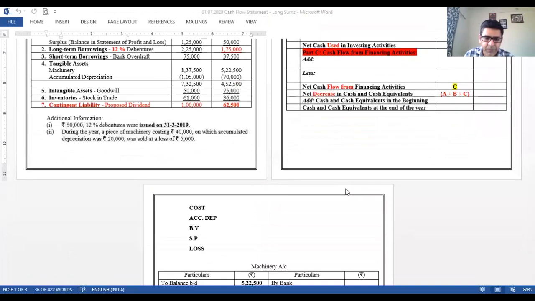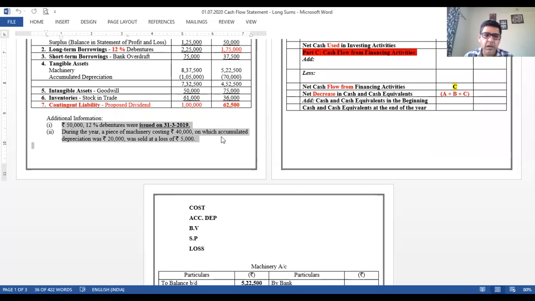I can see that one adjustment is there for debentures. Debentures, generally the adjustment is for interest at times or for issue of debentures. When you talk about the issue of debentures and the date is given, that will take care of the interest, but I will say that there is no need to prepare the debentures account.